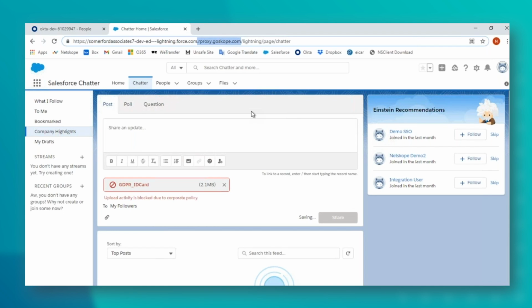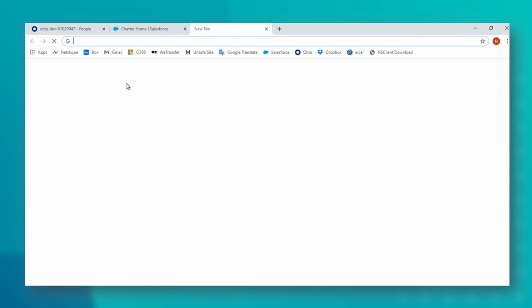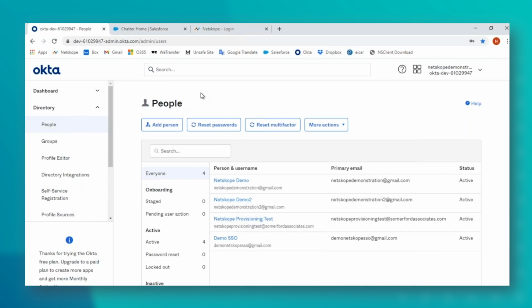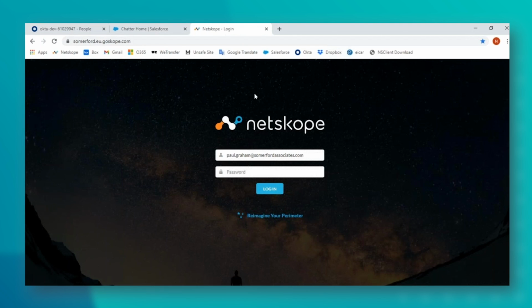If we quickly log into our tenant again, give me a moment. So here at this screen, when I showed you the application for the admin console, I don't have it enabled here because this is my own personal developer Okta account. We are in the process of moving to a new test lab inside the Somerford. So when that happens, we will be implementing that, but for now it's not.